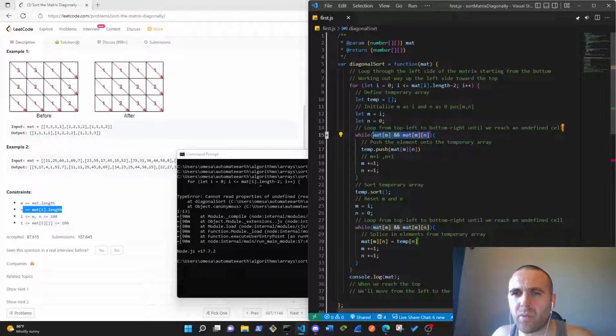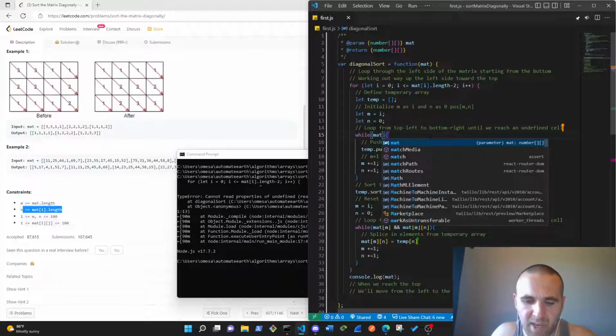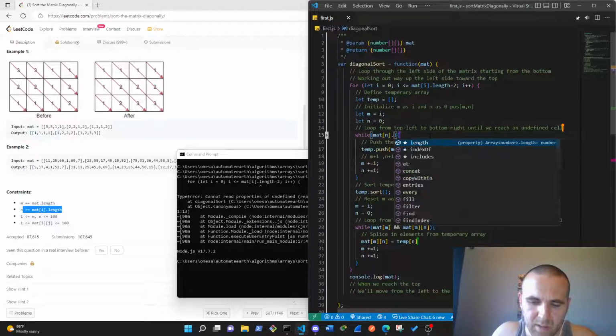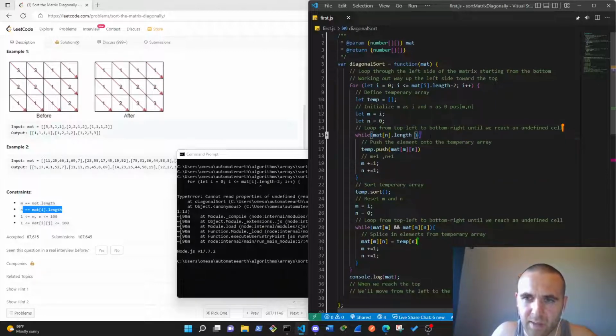What's the issue again? We could just do this because we know we're moving from the top to the bottom, so we know that once we hit mat i, or mat, in this case it would be 0. We're increasing 0 by 1 every single time. So once we hit mat n dot length, minus 1, well,